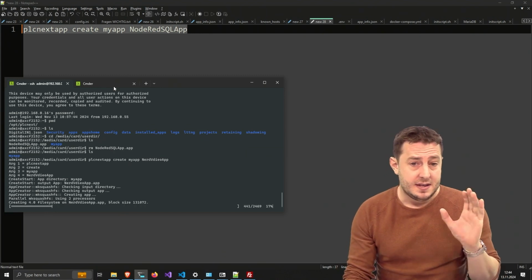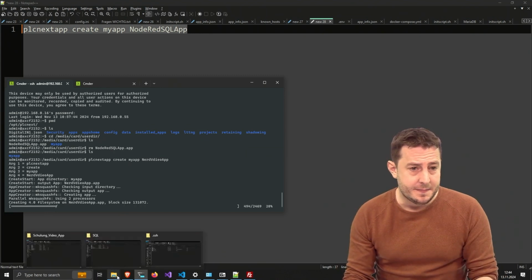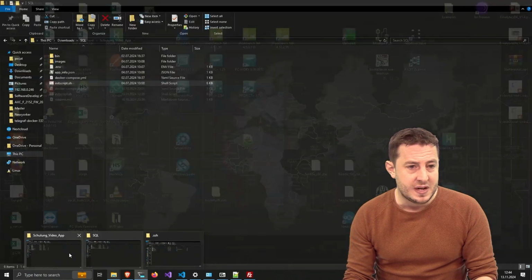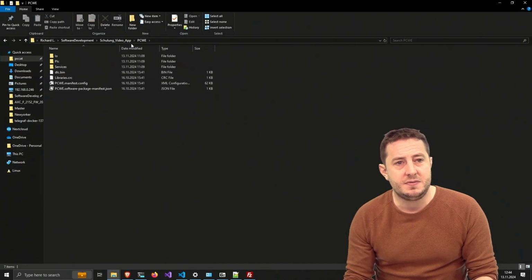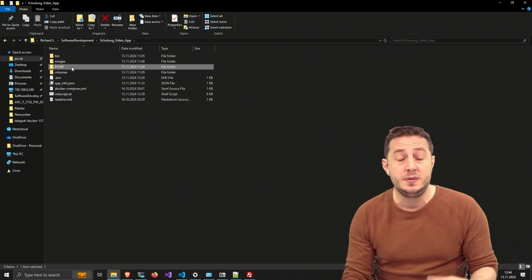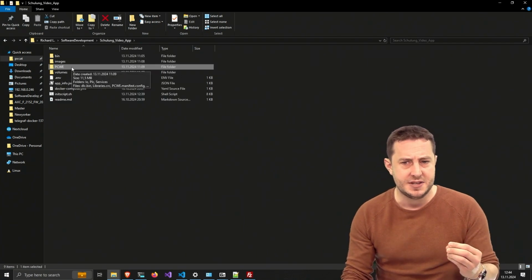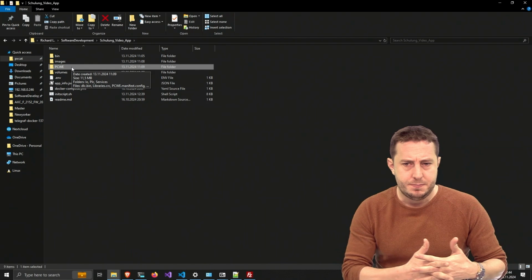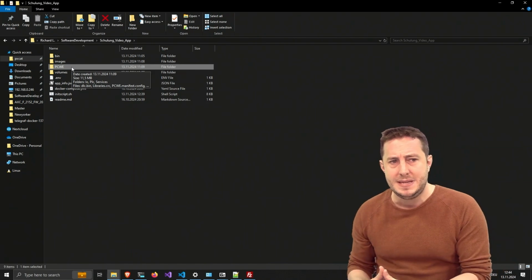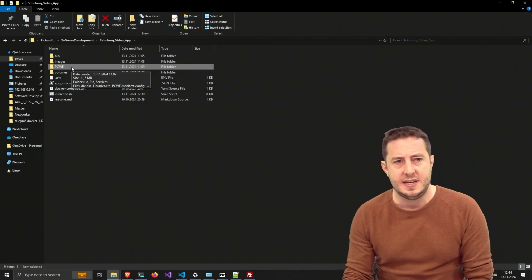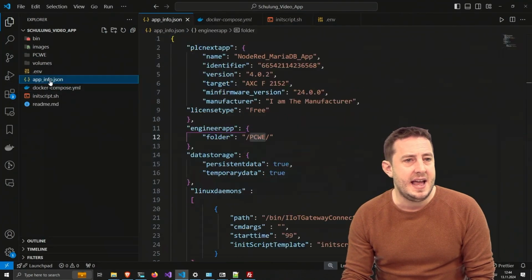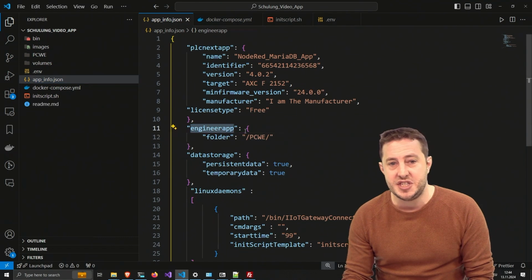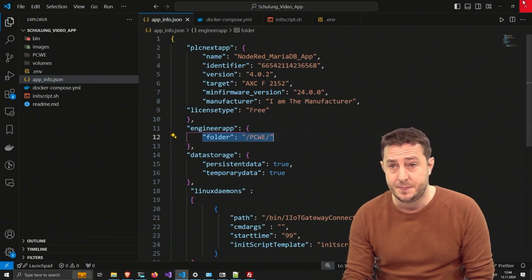Okay. While this is creating, let's go back to one thing I did not explain. And this is I told you to have your own project in there. So to actually preload a PLC project, we need to create, as I said, this PCWE folder, and in the app info JSON we have the engineering app where we give it a folder.